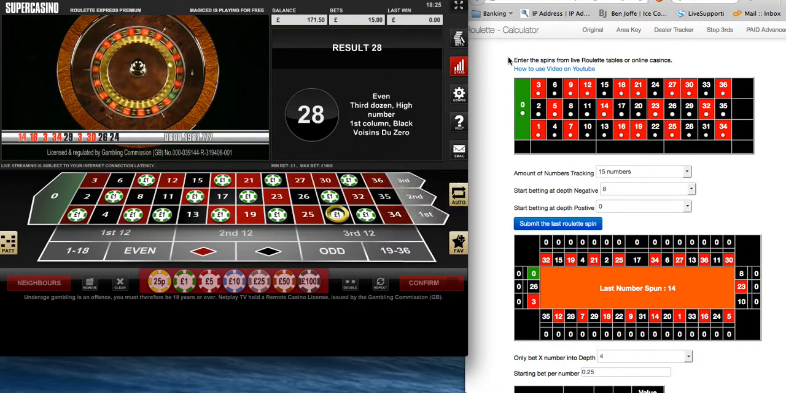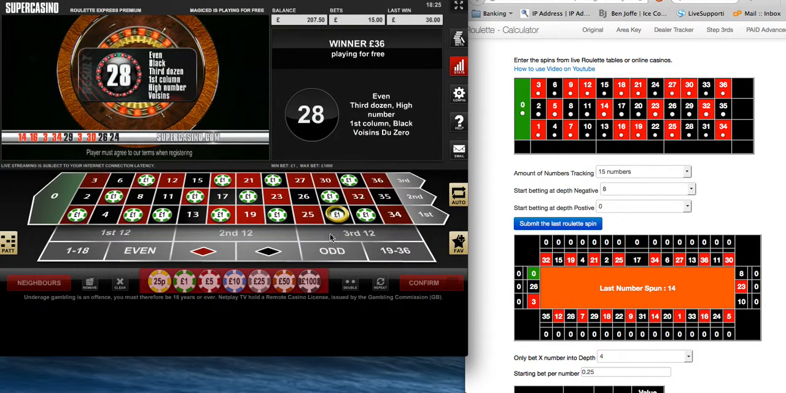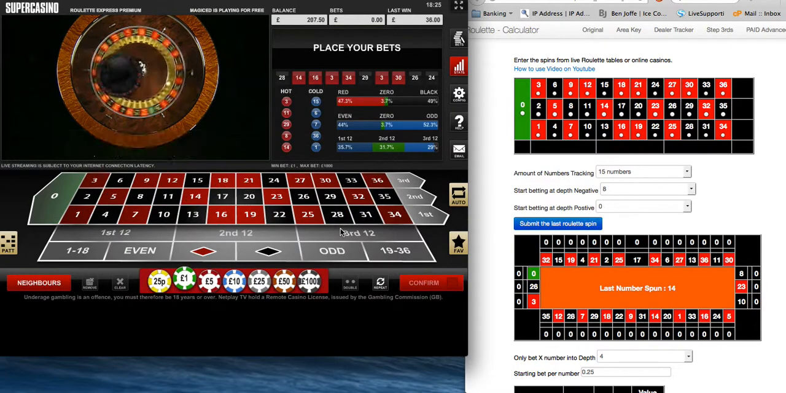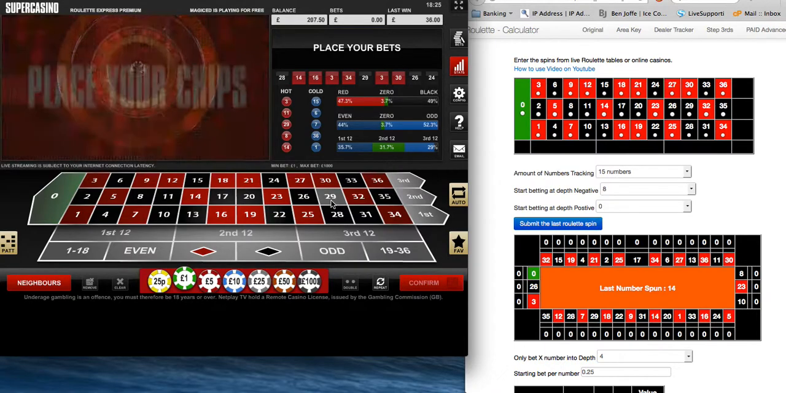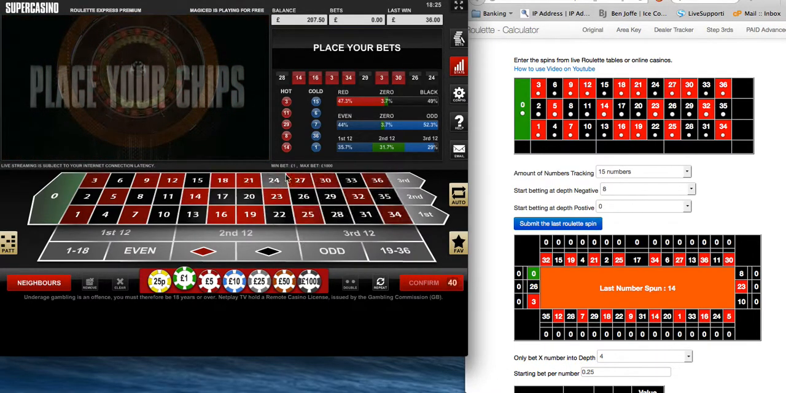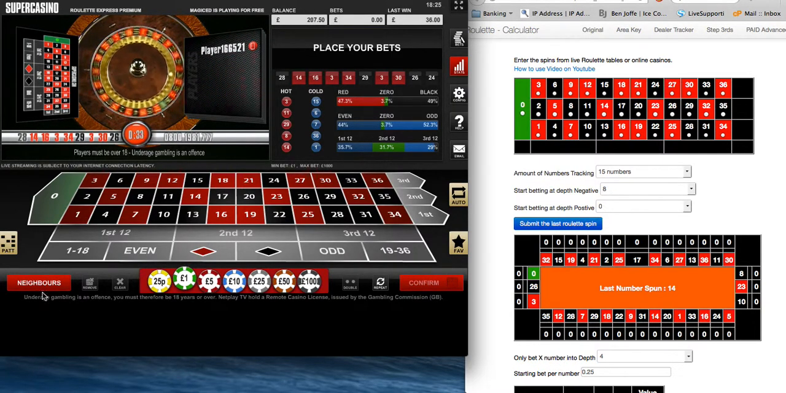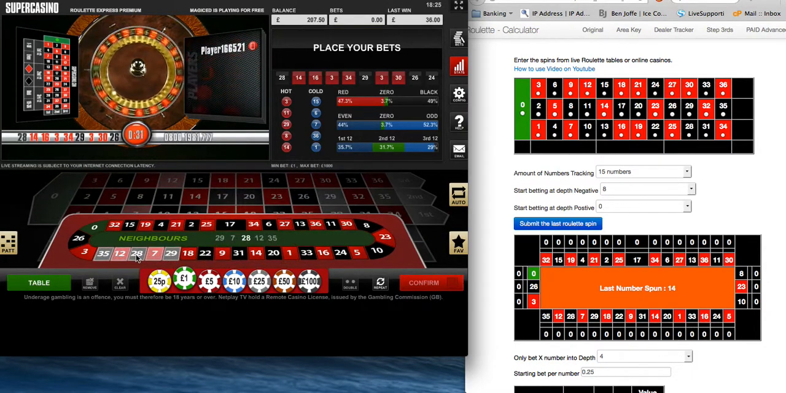So here we go. 28 has just come in, which was a win. Okay, so now what you do, you carry on the same phase. So we're on phase 2 now. Instead of betting 25p starting, we're betting £1. Now what happens is you bet exactly the same starting amount. So from 28 you would bet £1 again,